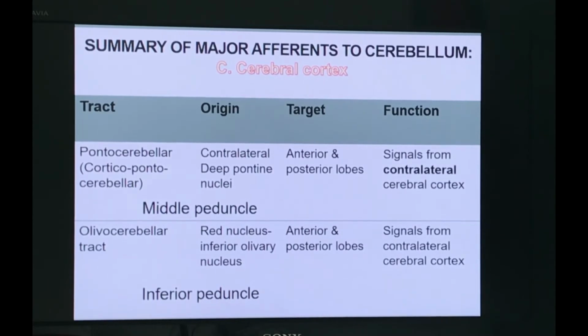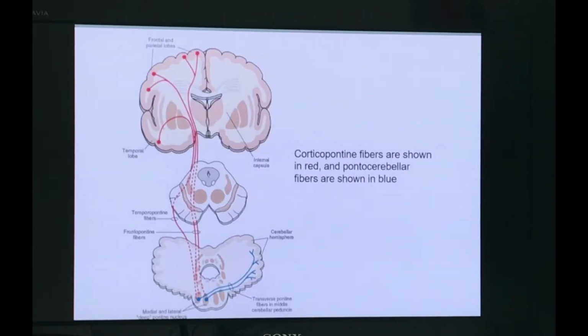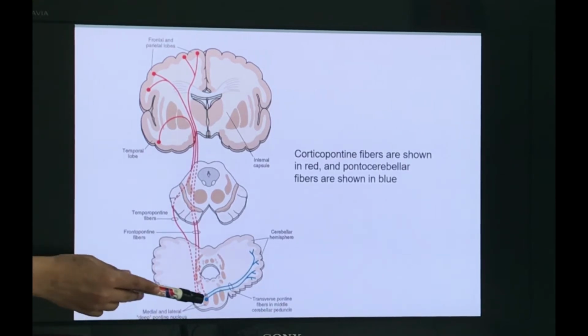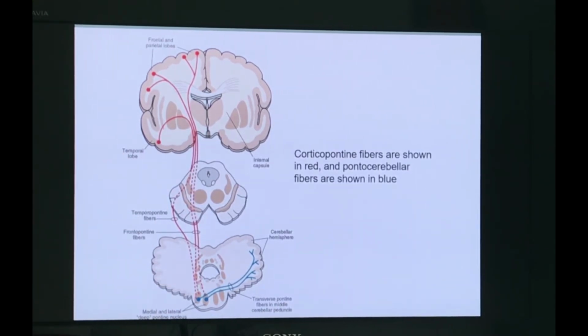Among these afferents, as I mentioned earlier in my previous video, all the fibers will form mossy fibers except the one which is coming from the inferior olivary nucleus. They form the climbing fibers. So these are the two fibers present in the white matter, the climbing fibers and the mossy fibers. Both fibers are carrying excitatory neurotransmitters. Here you can see the picture shows corticopontine fibers, and from there it goes to the pons, and from the pons the information is conveyed to the cerebellum.